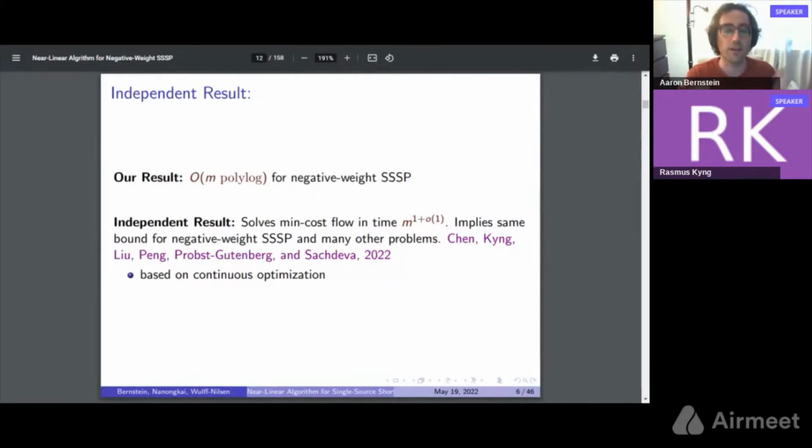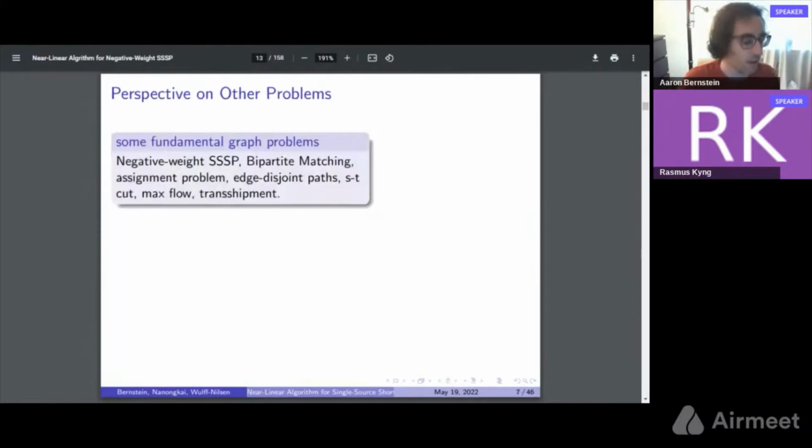And so, as I said, our two results were done independently, but now that we have this fast min cost flow algorithm, I kind of want to talk about how I think about our result for this more specific problem in light of the min cost flow algorithm. So, to put the perspective a bit,